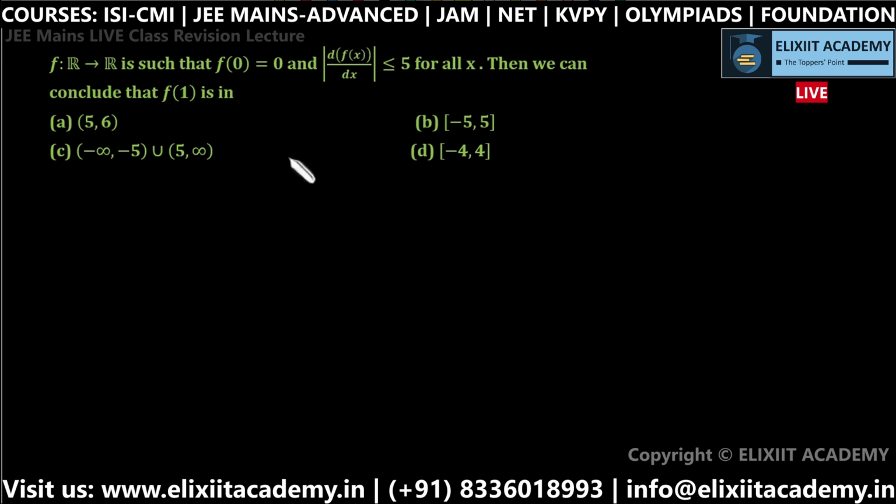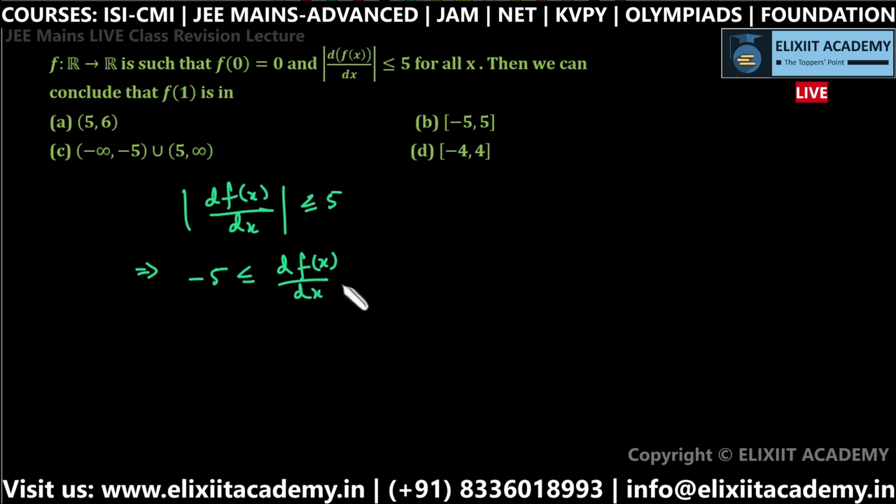The thing is, to get f(x), first of all, let's apply the properties of the mod function, modulus. This is |df(x)/dx| is less than or equal to 5, which means df(x)/dx lies between -5 and 5. Now what you do is you integrate, and one benefit is this condition which is given,